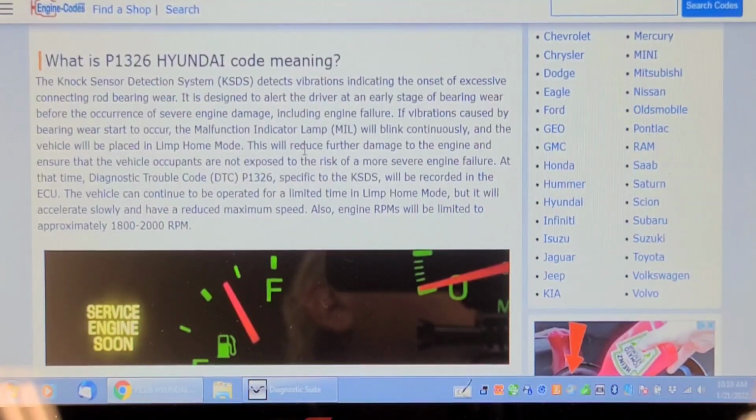This will reduce further engine damage and ensure that the vehicle occupants are not exposed to the risk of a more severe engine failure. At that time, diagnostic trouble code P1326 specific to the KSDS will be recorded in the ECU. The vehicle can continue to be operated for a limited time in limp home mode, but it will accelerate slowly and at reduced maximum speed. Also, engine RPMs will be limited to approximately 1800 to 2000